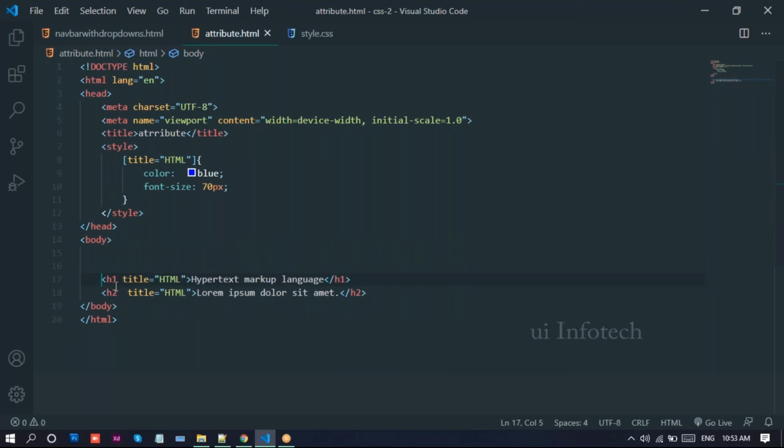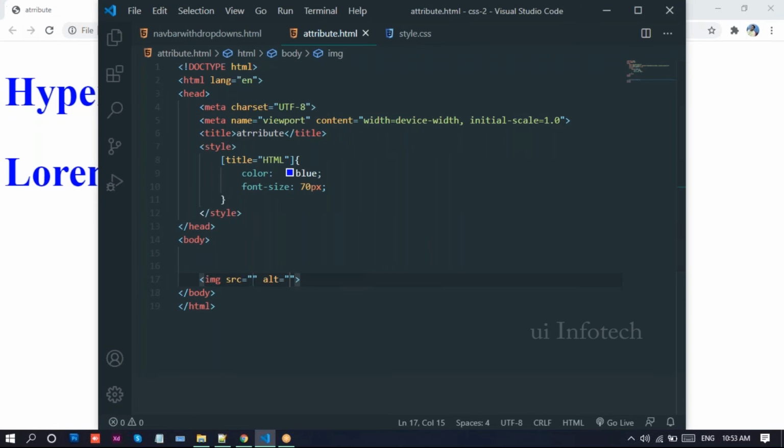I'll copy this one. I'll take this same title. Now go to this browser, just reload this page. Look at this. So no matter what the attribute is, it will match all the attributes, no matter how many elements are in the document. So it will match us the attribute values.